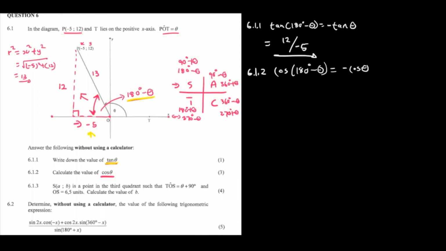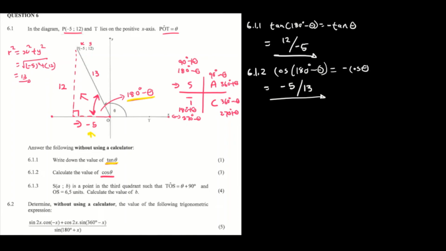Then you go back to your triangle. What is that cos of 180 minus theta? I said the adjacent side is going to be minus 5, and the hypotenuse side is going to be 13. So this is going to be your answer for 6.1.2. Now we're going to go to